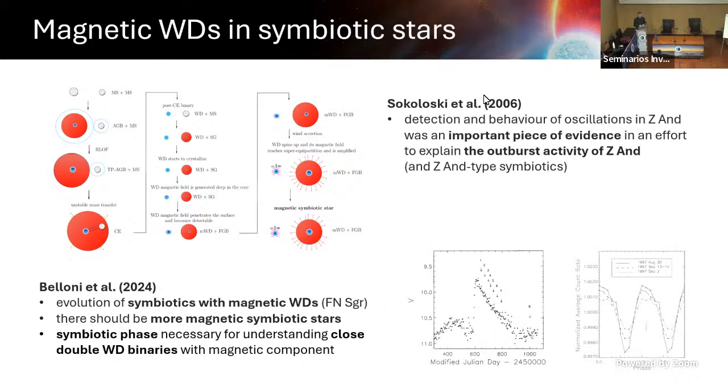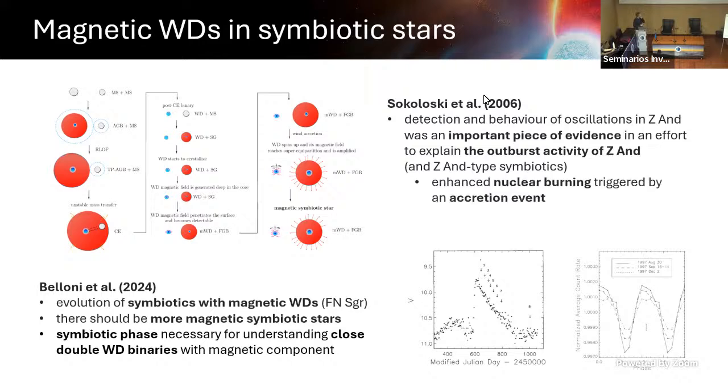The other thing is that this detection of rotation of a magnetic white dwarf presented by Jennifer Sokoloski in 1999 was then used as a very important piece of evidence in an effort to explain the outbursts of classical symbiotic stars. Because symbiotic novae, as RS Ophiuchi or T Coronae Borealis, or those which we call slow symbiotic novae, that's a thermonuclear runaway. So we understand the physics. The majority of symbiotic stars show a different type of outbursts, and we don't know exactly what the physics is. And one of the proposed